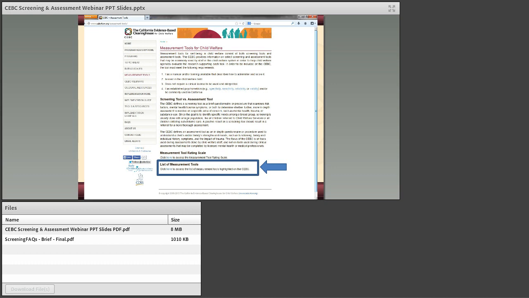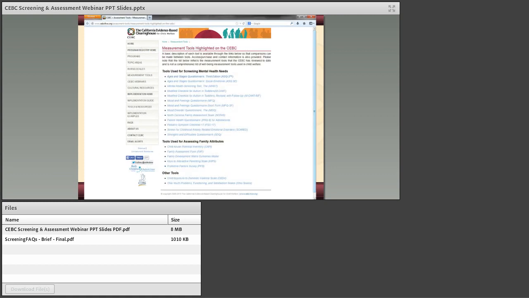All right, so back to the main measurement tool page section. Here you can see on the bottom is how you access the list of specific measurement tools. And I know this is super tiny font and probably hard to read on your screen. I'm going to be zooming in just the next couple slides. But this is an image of what you would see when you click on the list of tools. As of now, these are all the tools that we have reviewed. Here you can see the measurement tools are broken into 3 separate categories.